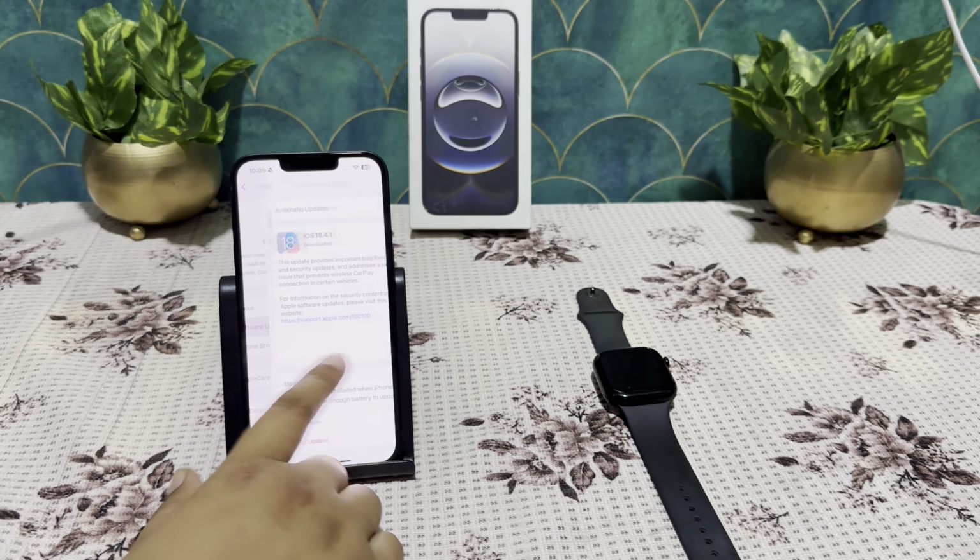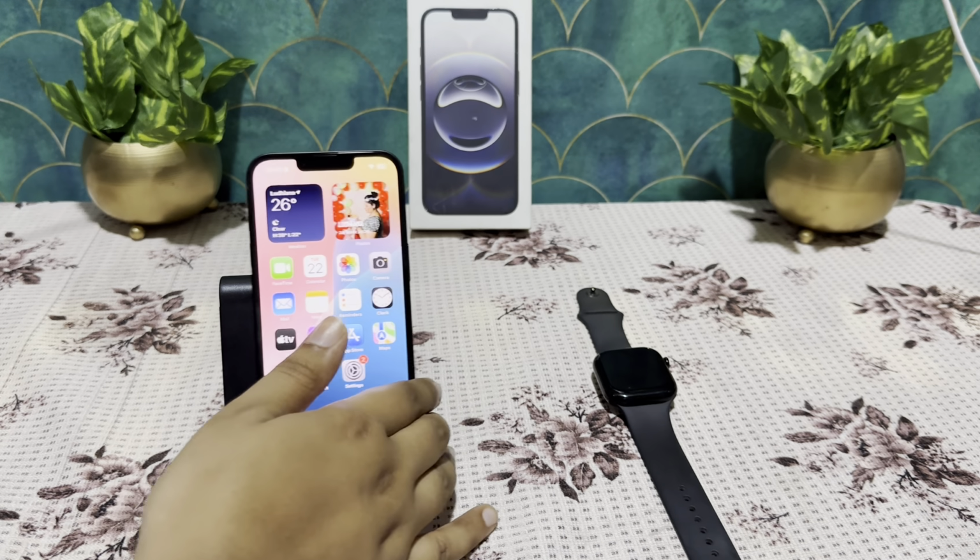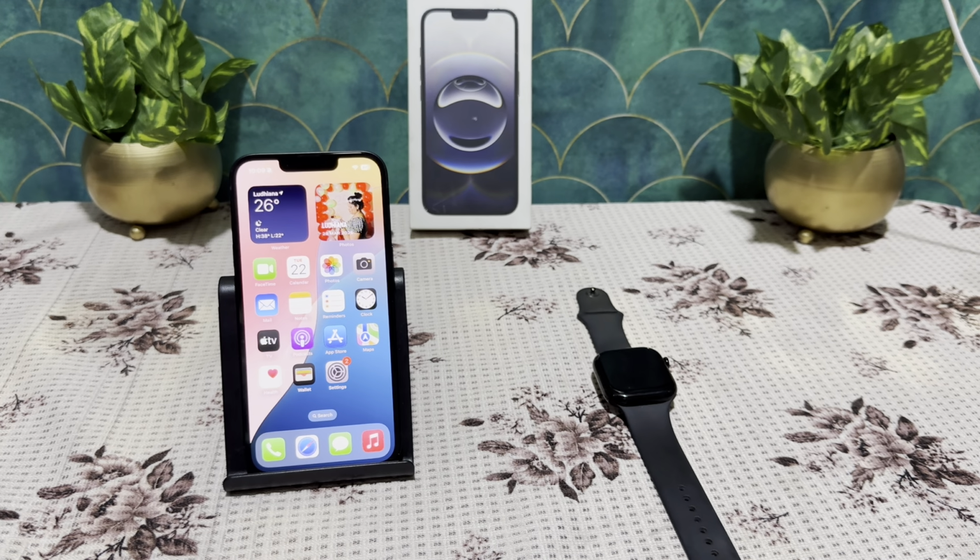If we talk about the last one, keep your passcode readily available as it is a vital security measure as well. Otherwise, you can directly call Apple customer support. They will definitely help you if you're still facing the issue.